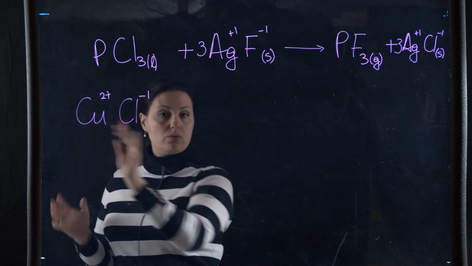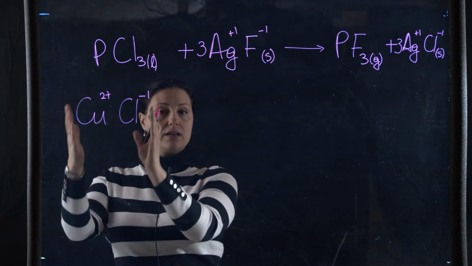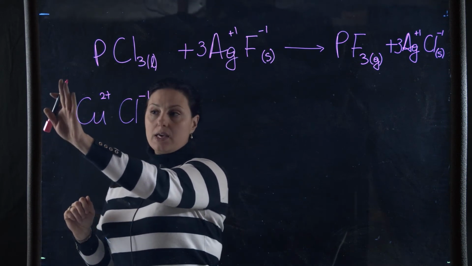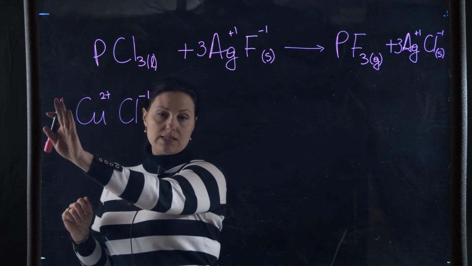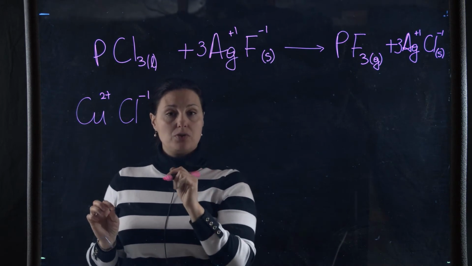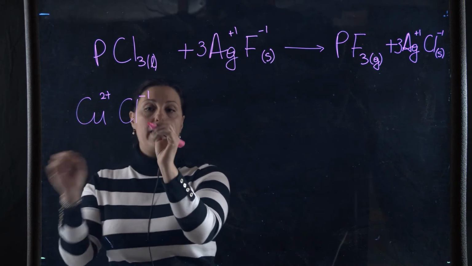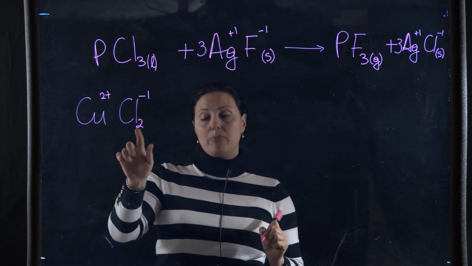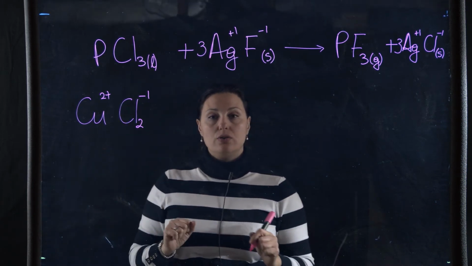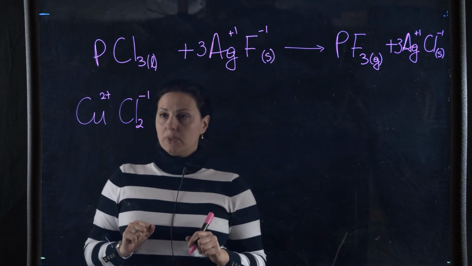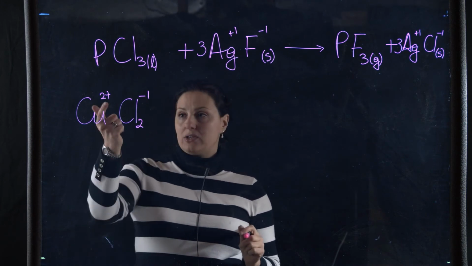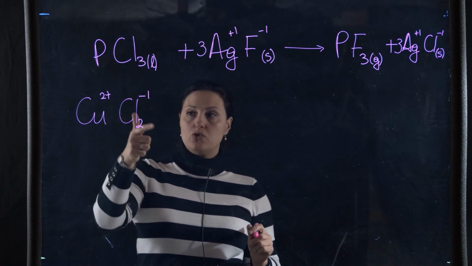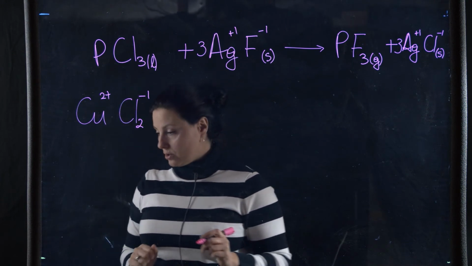Once again, I'm writing the chemical formula. I do not mess with the molar coefficients in this case. I mess with the subscripts when I'm writing a neutral compound. That will be what I put down. So I put down a 2 here by the chloride. Now this is a neutral compound because I have a 2+ and a -1 times 2 gives me a 2-. This is actually a neutral compound.